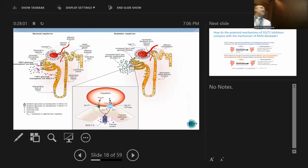As we all know, SGLT2 inhibitors act on the proximal convoluted tubules. This is a patient with diabetic nephropathy, a group of patients that have hyperglycemia, with more glucose and more sodium reaching the proximal convoluted tubules, which is well absorbed to the interstitium, and less sodium is reaching the macula densa, which is sensed by the macula densa, resulting in vasodilation of the afferent arteriole